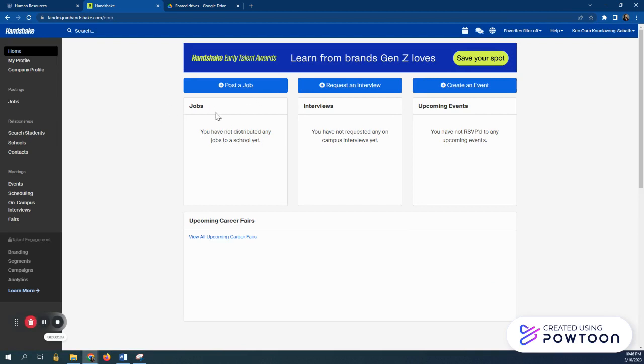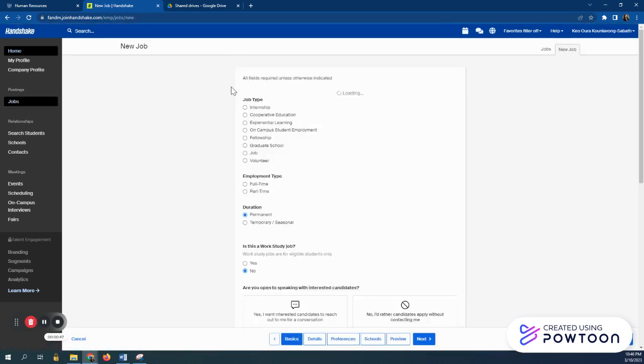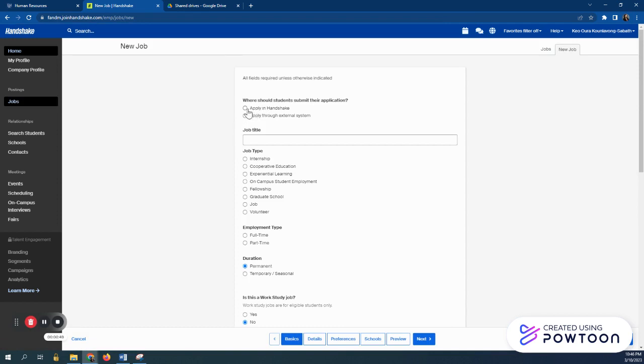Once you're in your Handshake account, any jobs that you've posted before will be listed right here that are live. Otherwise, we're going to do a brand new position, so we're going to post a job. We ask that you please have them apply in Handshake, even though you may be using an external Google Sheet. You have the option to do that, but we ask that you please do that. That way we can track what students apply and are interested in your position, and it helps us with our